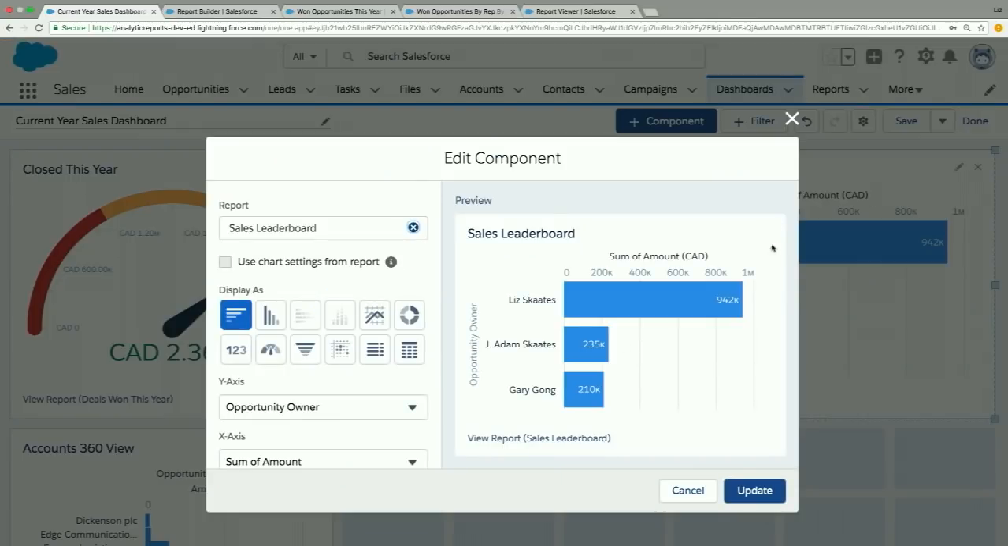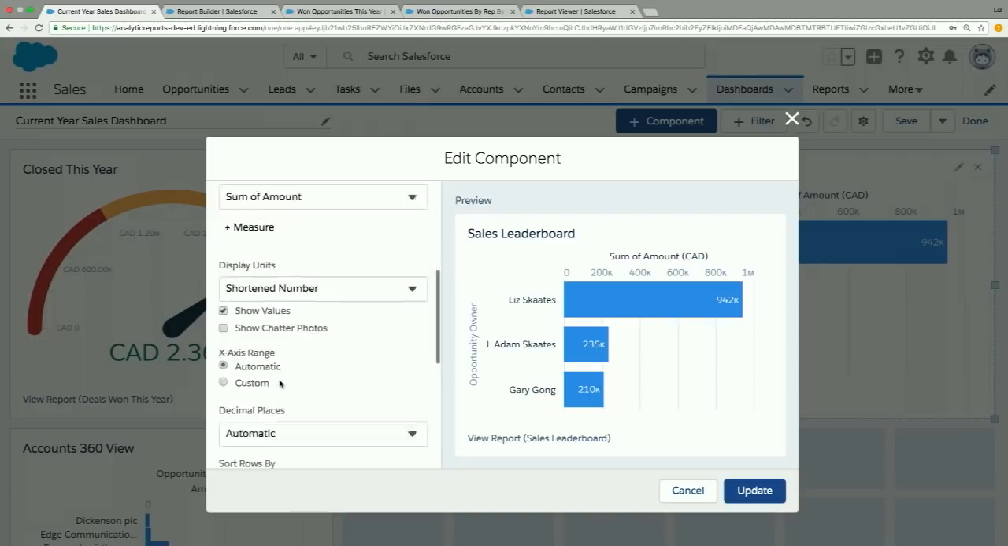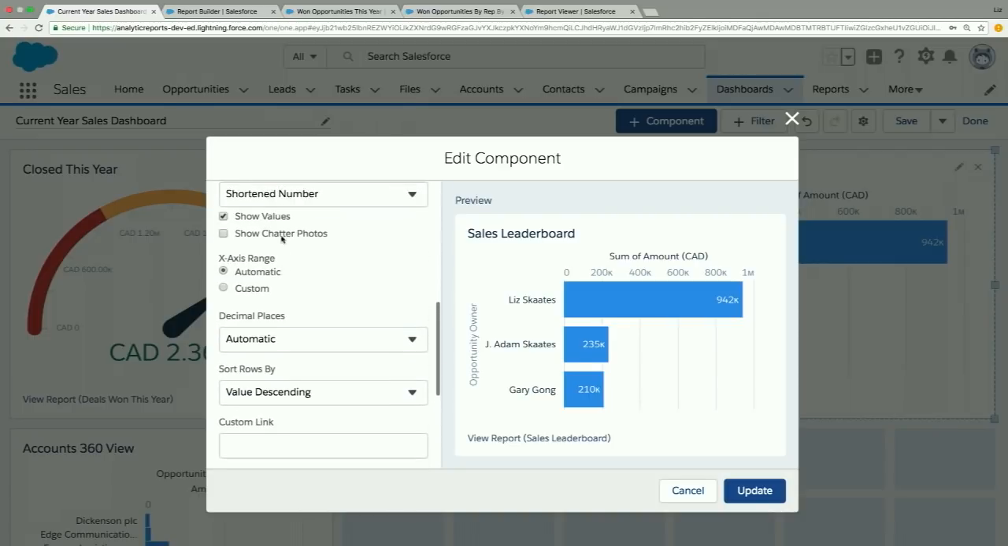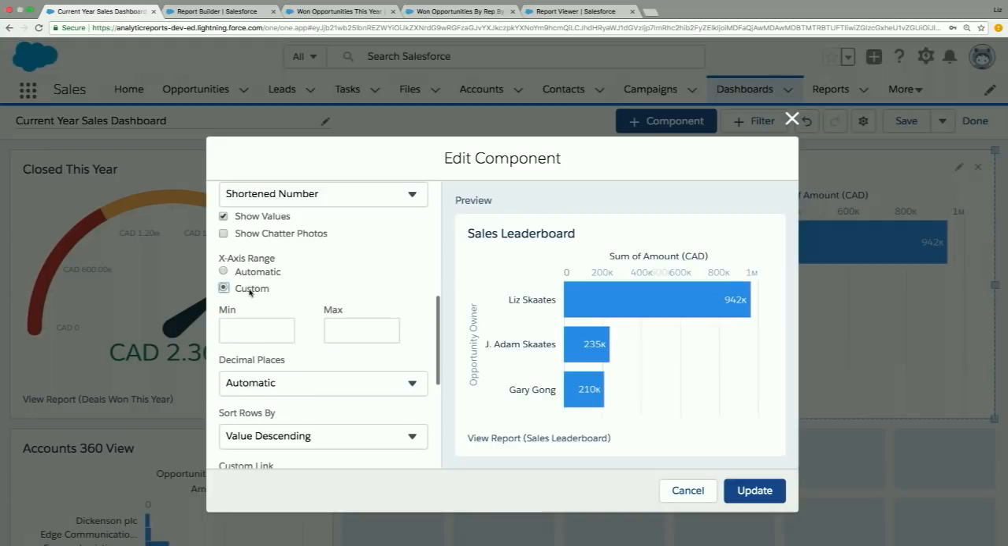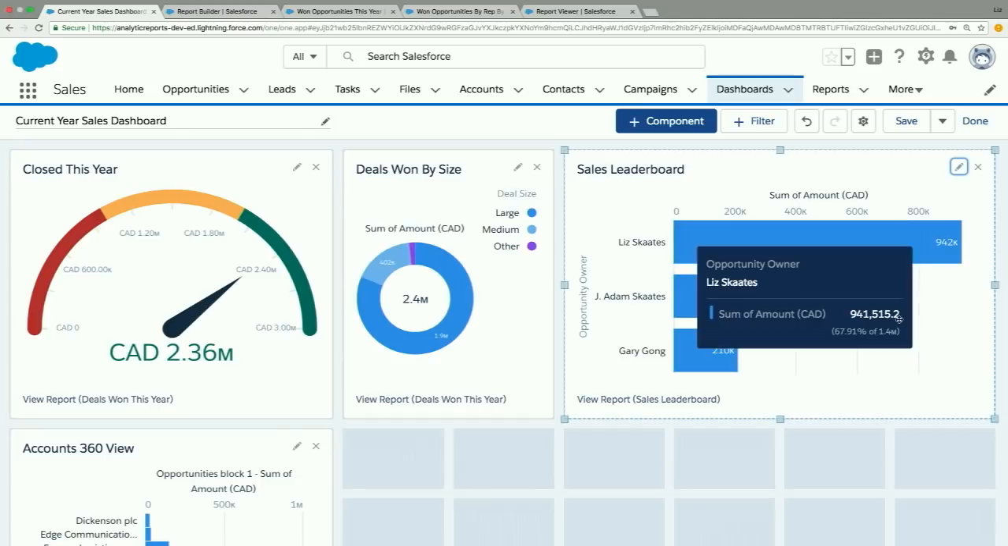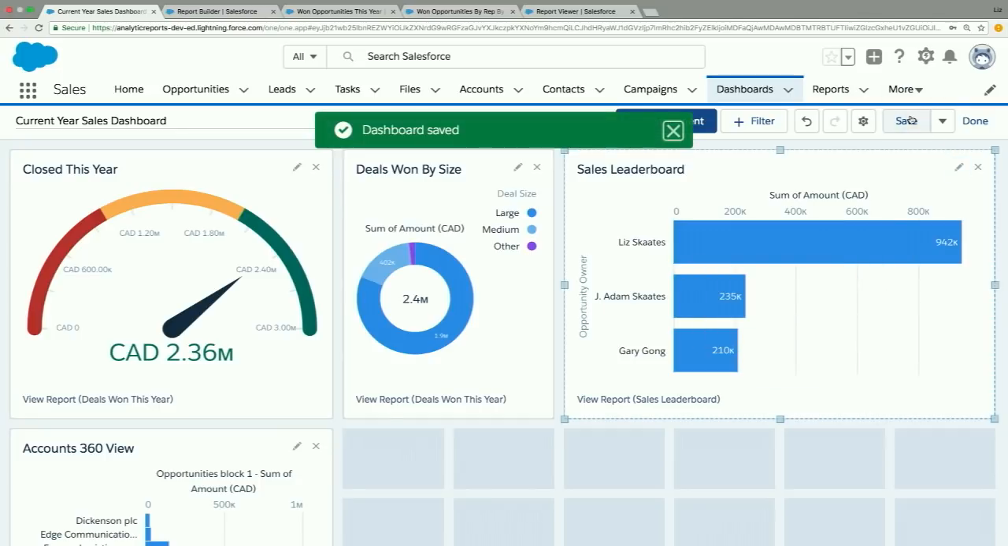And maybe for the sales leaderboard chart, I could change the axis range. So there's this x-axis range area now, and I could customize that. So right now the scale is to 1 million, so I want to make it look like I was doing really well. So I'm going to just make that a lot tighter. So now I've expanded my bar chart here a little bit. And now I can save those changes